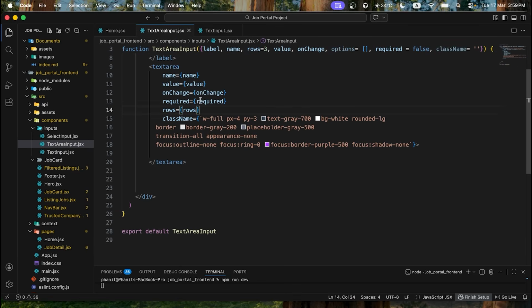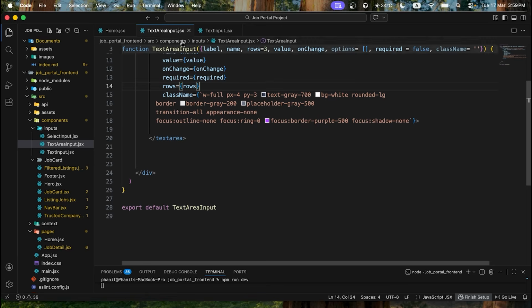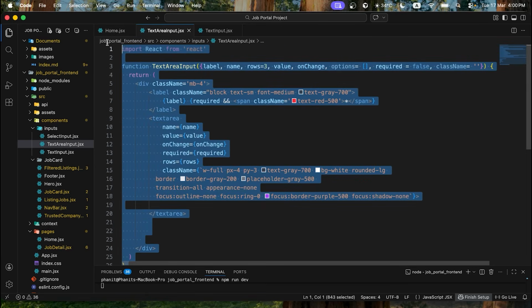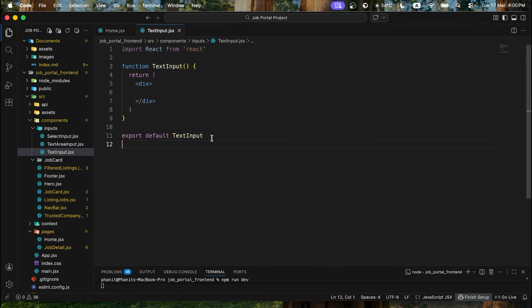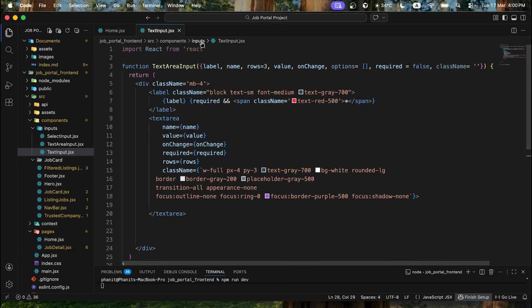So I'm going to copy all of these. This is the text area, so I'm going to grab all of this, and then I'm going to delete all of this. I'm going to paste, and then I'm going to change that